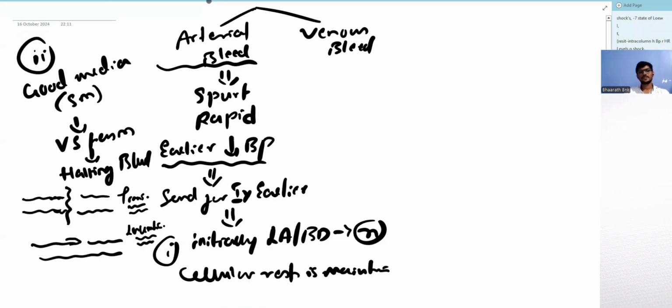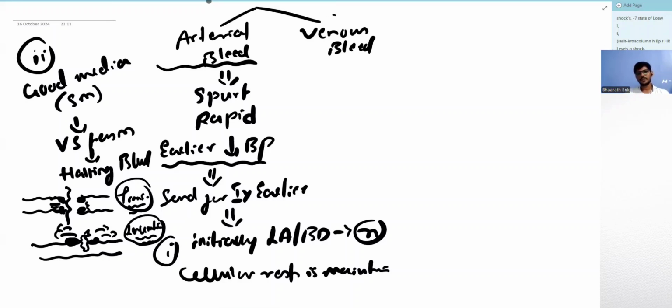Whenever this happens, the muscle here gets contracted and it stops the bleed here. And the muscle here gets contracted and it stops the bleed here. But when the muscle here gets contracted, because there is no bridge here, this gap just keeps on widening, and the bleed in the transected blood vessel stops faster than in the lacerated blood vessel.